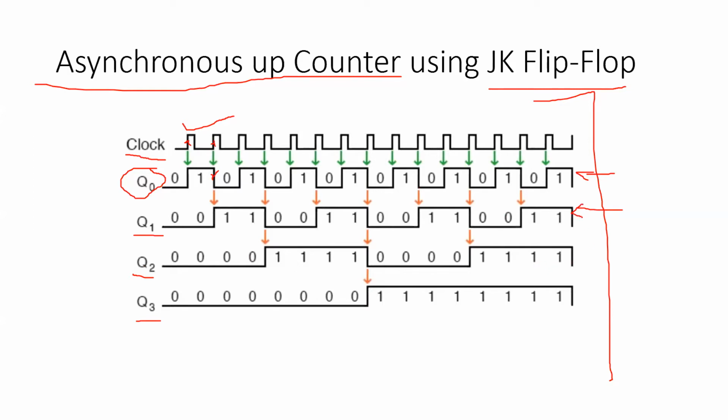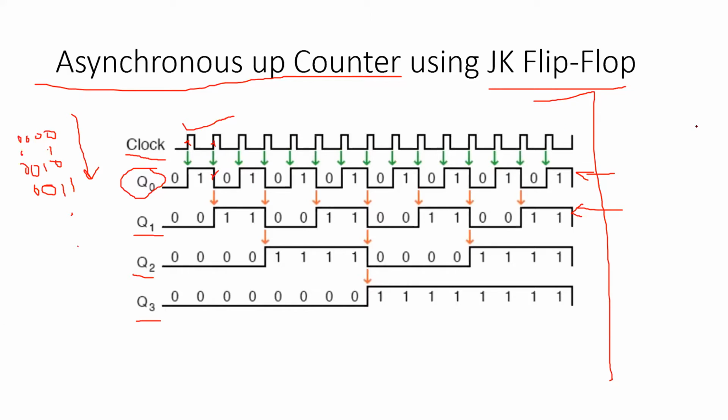So basically, in an up counter, we have values starting from 000, up to 001, and then 010, then 011, and so on. So you can see we have 000 over here, 001, 010, 011, up to 111. Okay, so we have an up counter that starts all the way from 000 to 111.